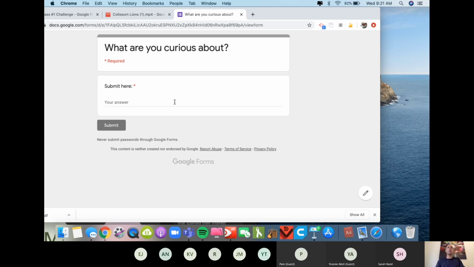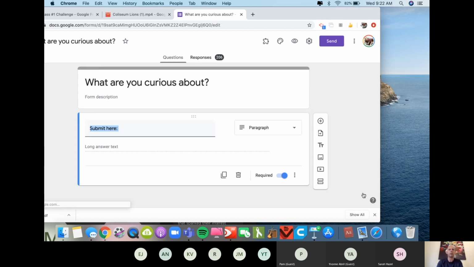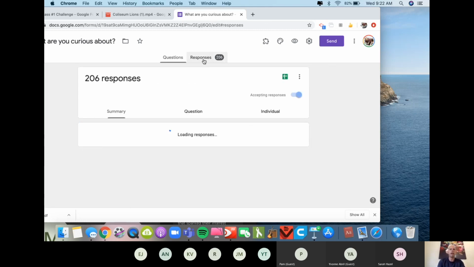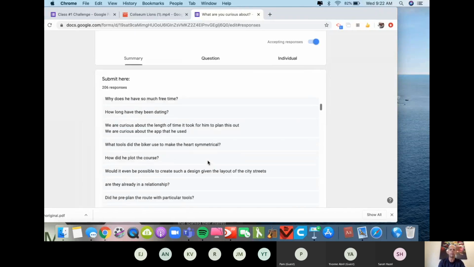But if their questions are going to be very different, I might have us share them publicly so that we have a discourse and discussion that happens in the classroom. So that distinction between do I want their curiosities to be expressed publicly or privately is a subtle lesson planning strategy. In this case, I had them do them privately, and I haven't yet talked about what the lesson is guiding students towards. Here we see a lot of their responses in this Google form.